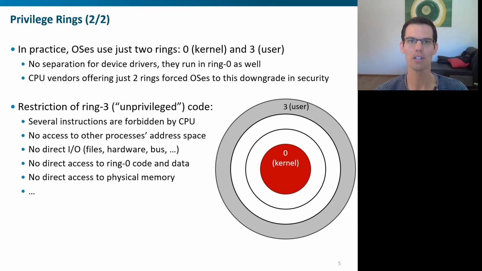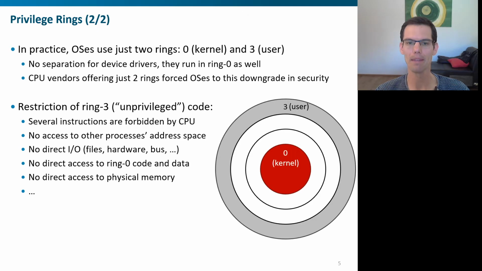Then also, if you are in ring 3, you have no way of accessing other processes' address space, which is perfect. Every process now in userland has its own virtual memory, and it's forbidden in principle to access the memory of any other processes. You don't have any direct I/O possibilities, so to interact with the hardware, to interact with files, you have to go through the operating system. More on that later, but there's no way you can do this directly from userland because you lack the given